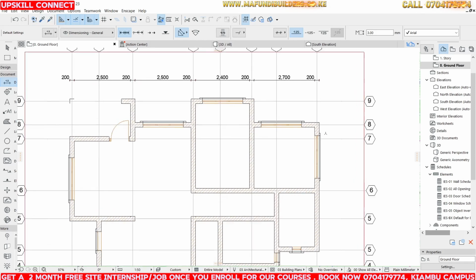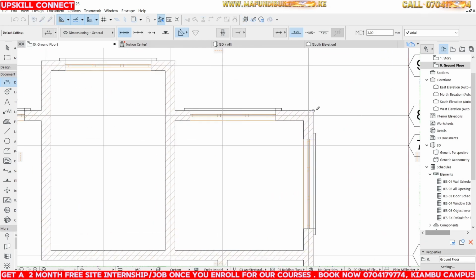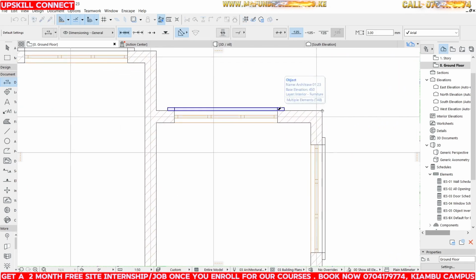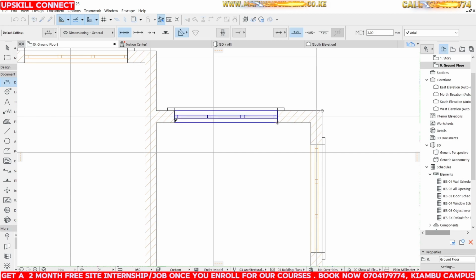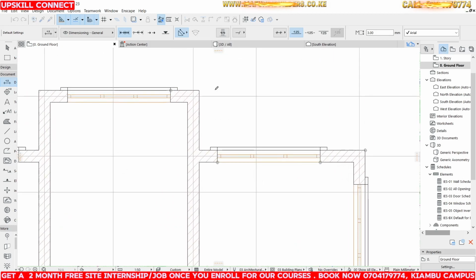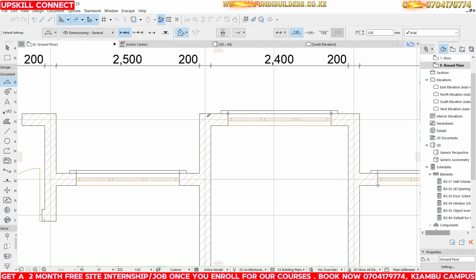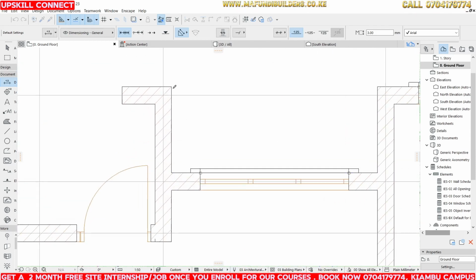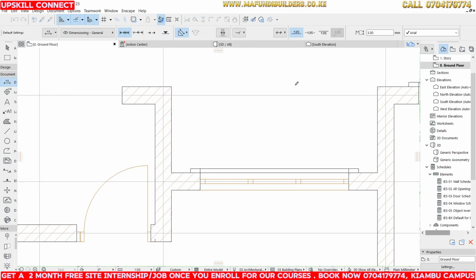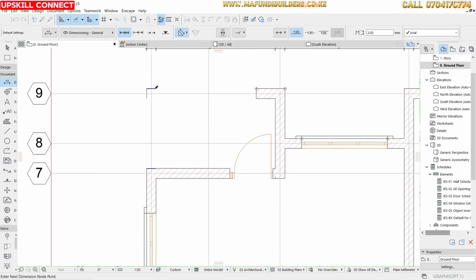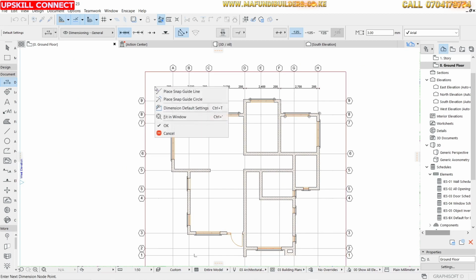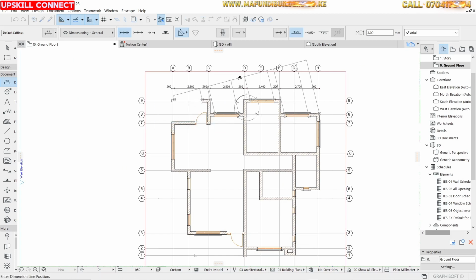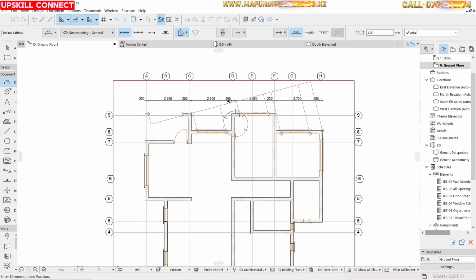Now I'm going to come here and take the dimensions for the openings. So these are the openings. The openings, we are talking about the doors, windows, and everything. So here I'm just taking the measurements for the openings like this. Pick that one and probably there. Now click, and now guys, you can see there's a kind of a, I don't know how to put it,